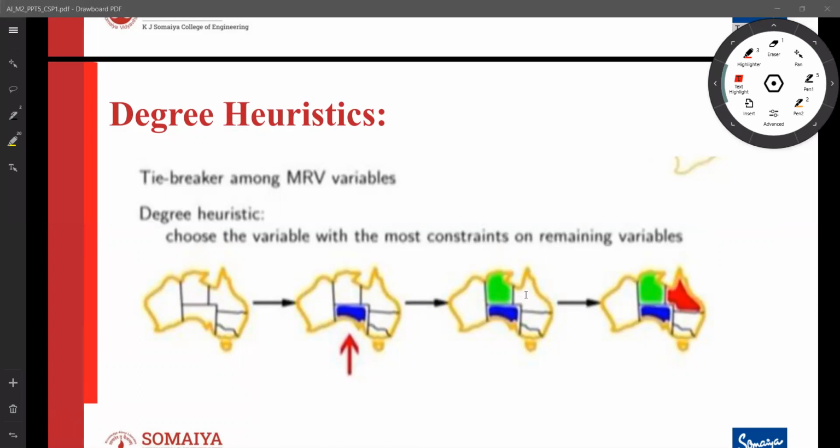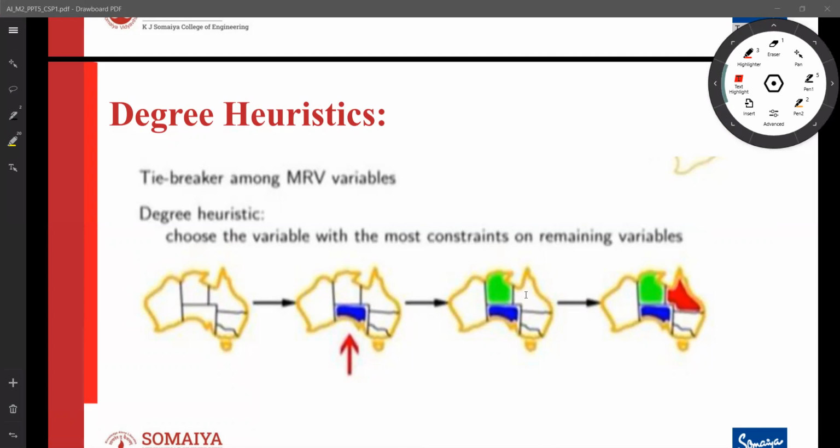And for the higher degree value, it has a degree of 1 with New South Wales, where New South Wales has a degree of 0 with unassigned variables. So Queensland will be the next, and this process goes on. So this is my variable ordering heuristic. It is called a heuristic, not an algorithm. Remember, the algorithm is the backtracking search algorithm.